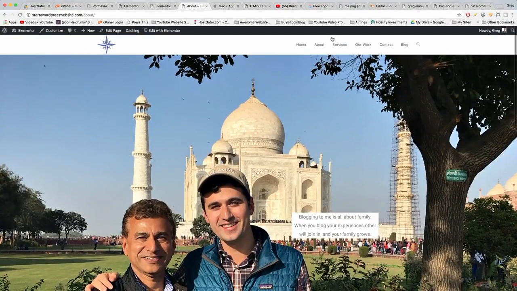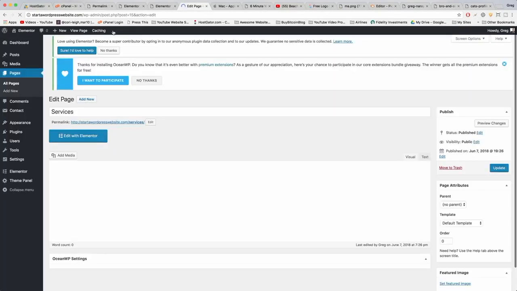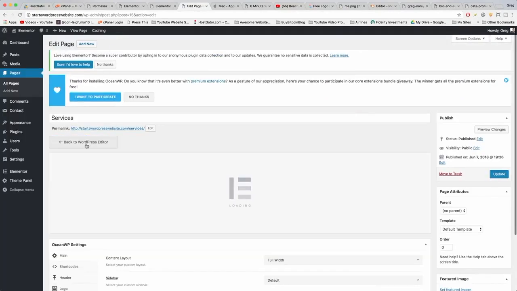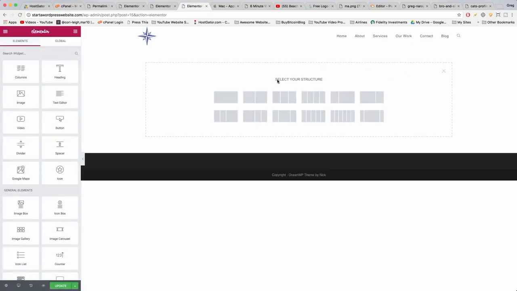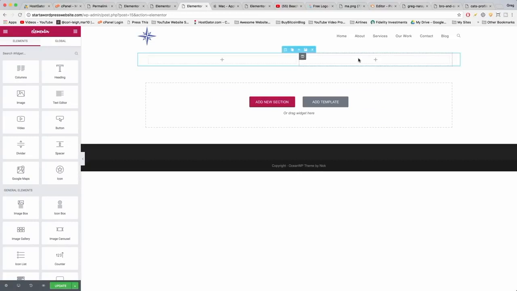Alright, so next order of business is just to create the services page. Let's click services. And now let's go to edit page. And edit with Elementor. And add new section. And this is just going to be a bunch of big 2-column sections going all the way down the page. The idea of this page is just to make your visitors really pleased and content when